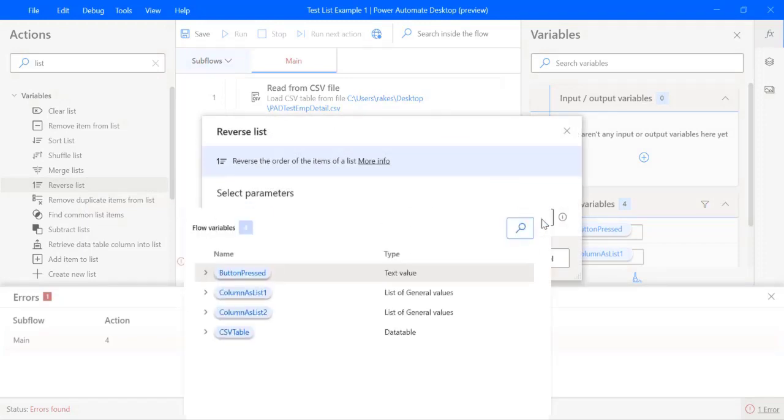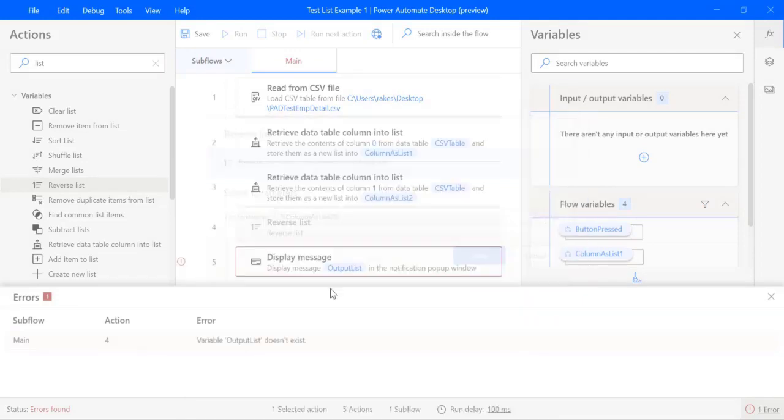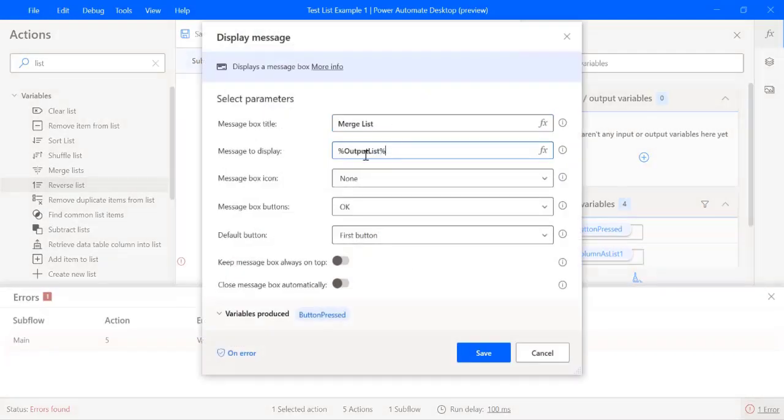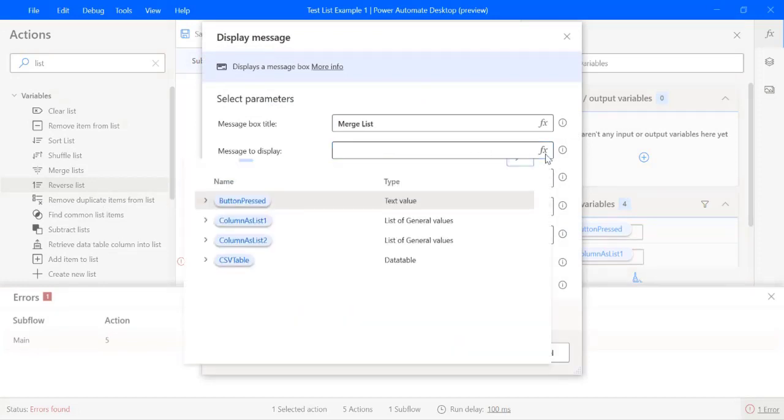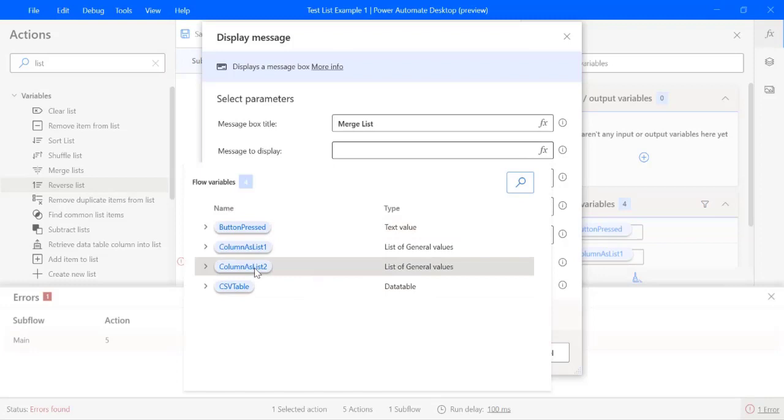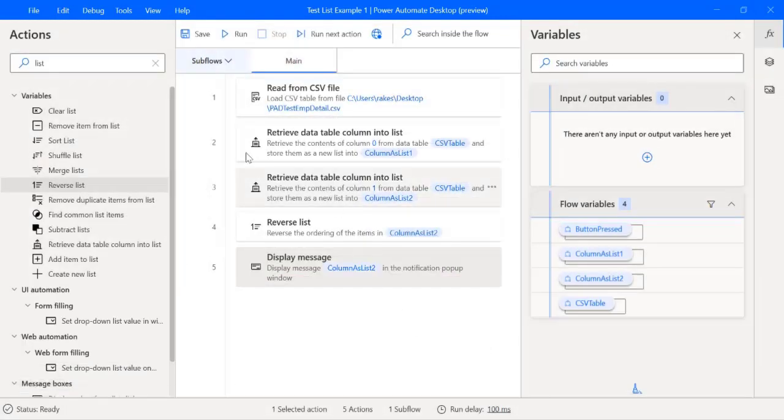I want to reverse list 2, suppose. Save, and in the message box I will just put the list2 variable, column as list2. So we'll just save it, and now let's run the flow.